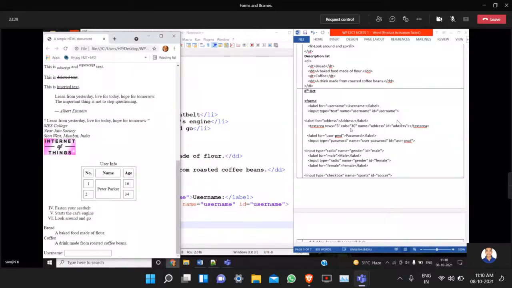I repeat, in a single row, how many characters, and in a single row, how many columns, both denote the same. So rows and cols you have to give. The values of rows and cols denote the number of rows and the number of characters per row, respectively. Now we will add this.